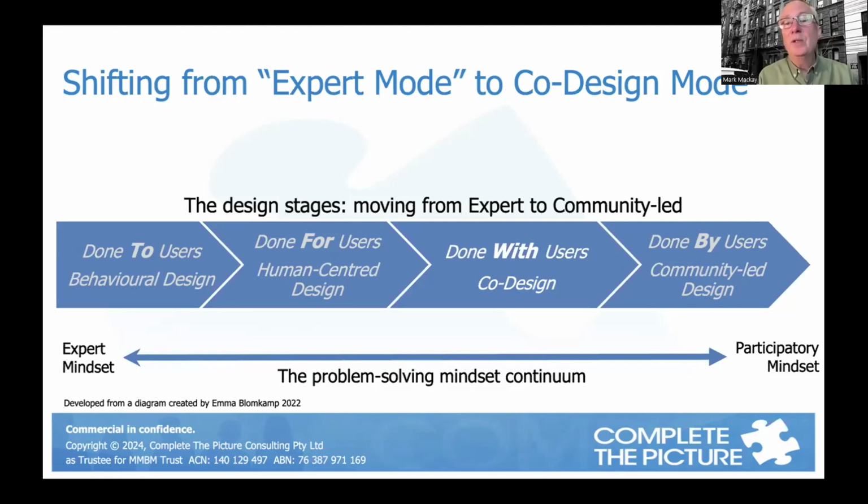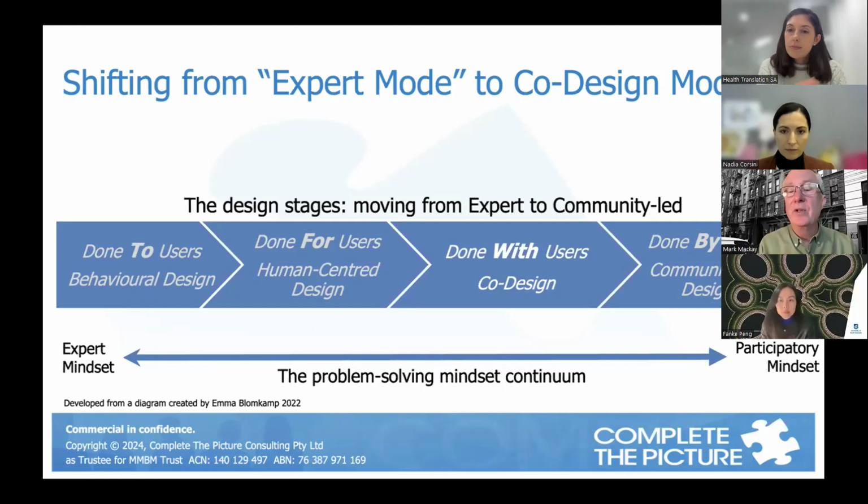However, if I'm doing it with the user, I call it co-design. Okay, so this is where I get users to be involved in the journey all along the way. So that is co-design. Now, the next step is where I'm not doing it as a problem solving and bringing others in to work with me. I'm getting the community to lead the design process. And you'll find that's happening a lot with First Nations work, where it is community-led design that is being sought.